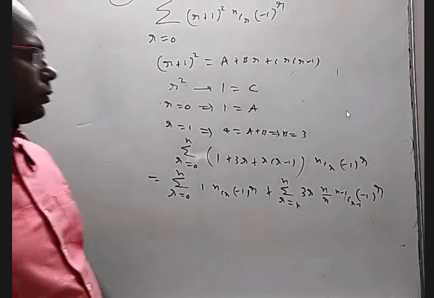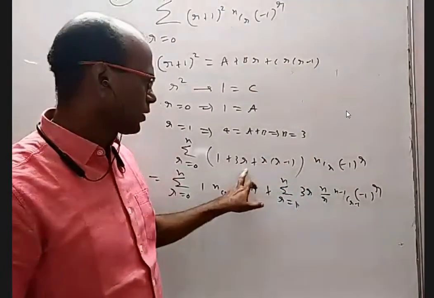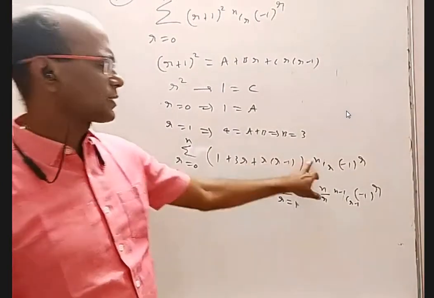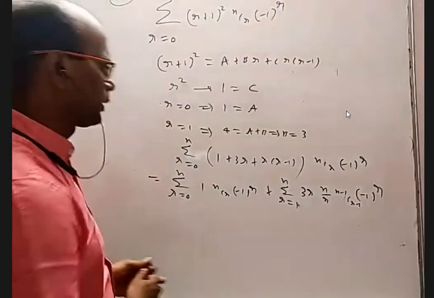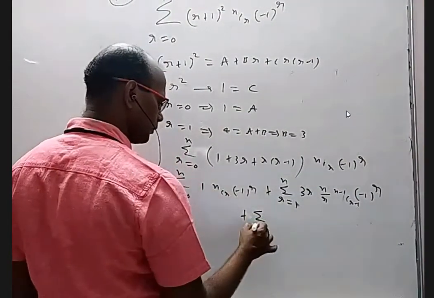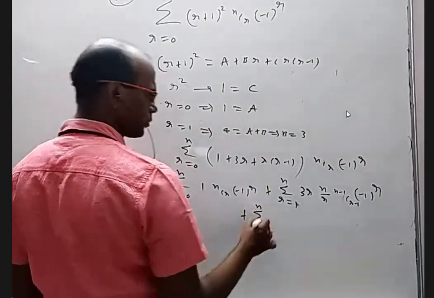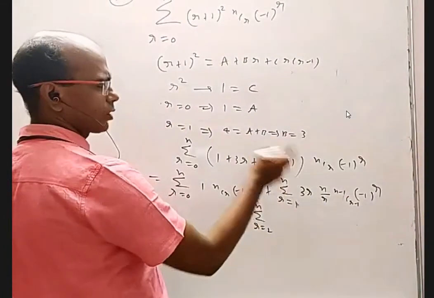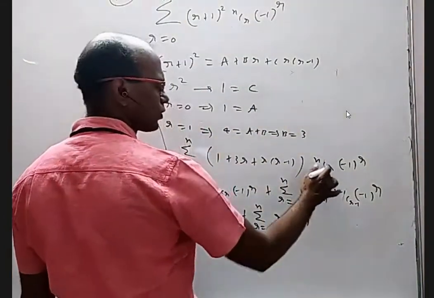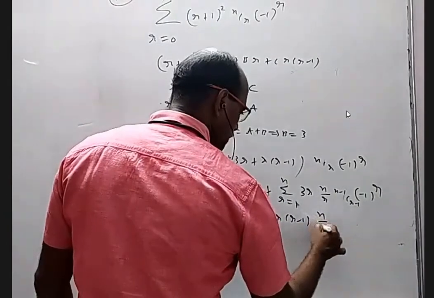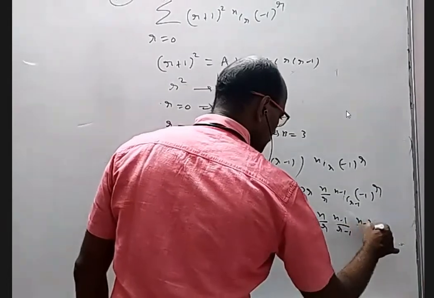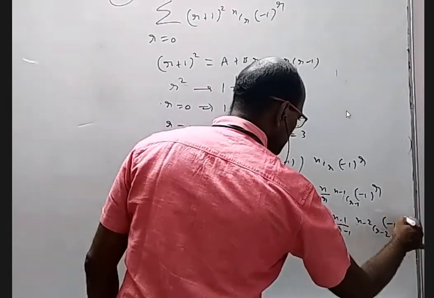Okay, so I took this into this. When I took this into this, I wrote r equal to 1, not 0, because 0 anyway is 0, and NCR I wrote n by r into this. Next, when I take this into this, I am going to take sigma r equal to 2 to n, because when I put 0, it is 0, when I put 1 also it is 0. r into r minus 1, I want to use the formula twice for this. n by r into n minus 1 by r minus 1 into n minus 2 C r minus 2 minus 1 whole power r.